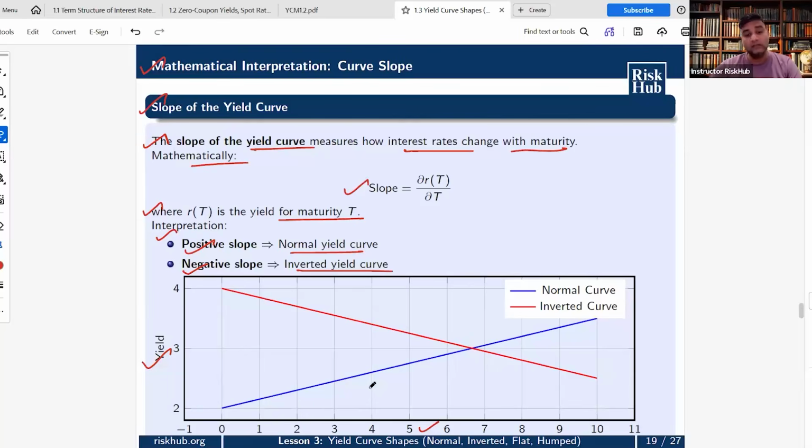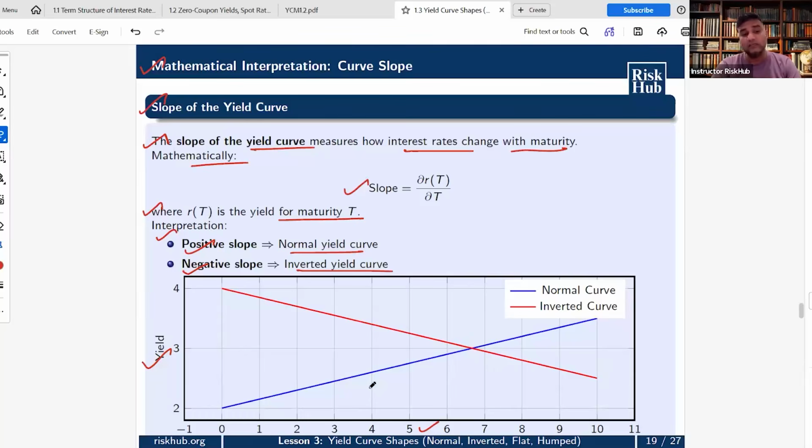That we need to understand. And again, the two readings given here are very, very important to understand. Positive slope means a normal curve, negative slope means an inverted curve. Technical clarification which I'll add here: with only t as an argument, it's an ordinary derivative, dr by dt,